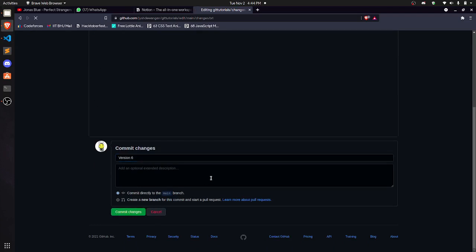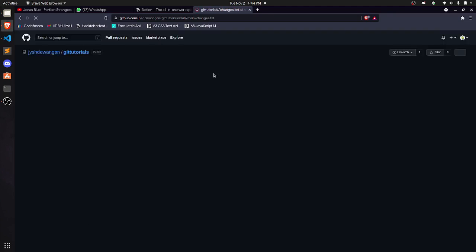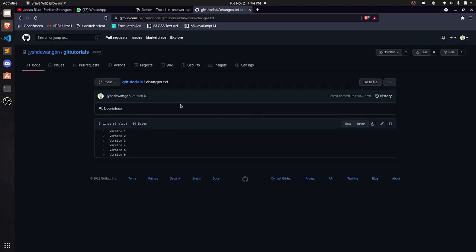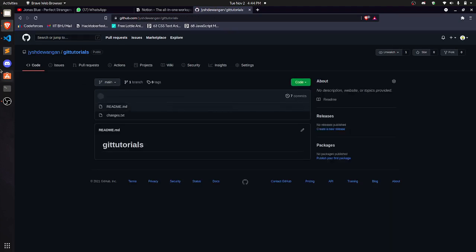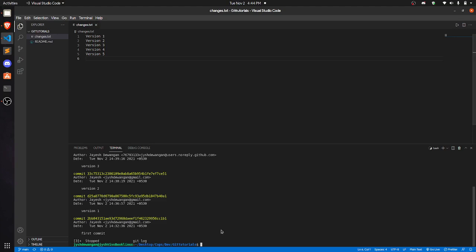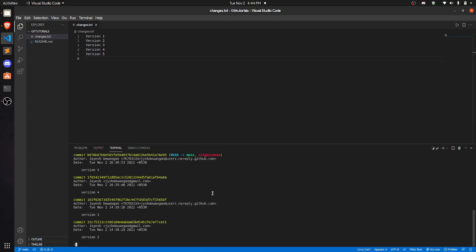Let us commit the changes. So right now our remote repository has in total 7 commits, and our local repository has only 6 commits.